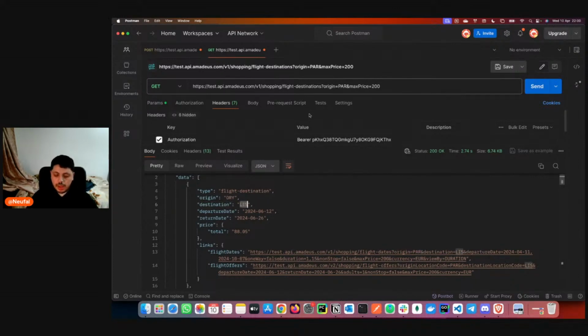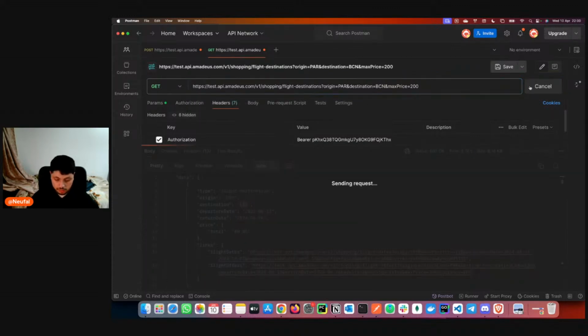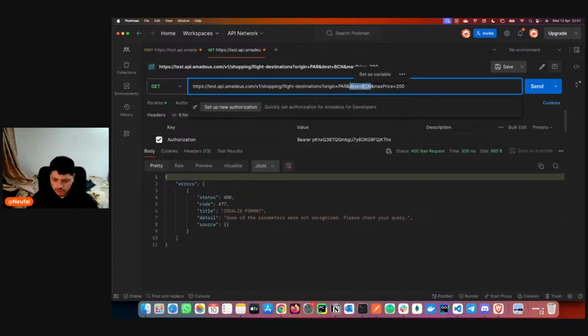It's Portugal. Here you can probably add the destination. Let me just try. I didn't see the fields, but I assume it's destination BCN. I don't know, to be honest. Okay, invalid format. Probably it's dest. I think it will be easier to check the API.